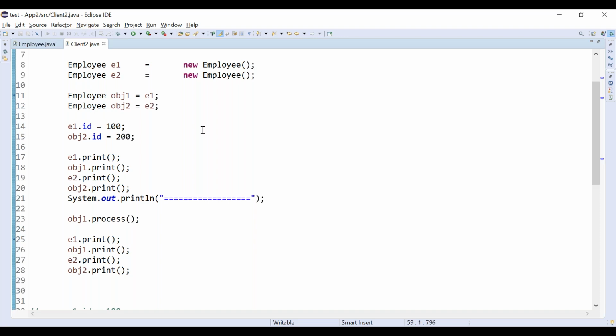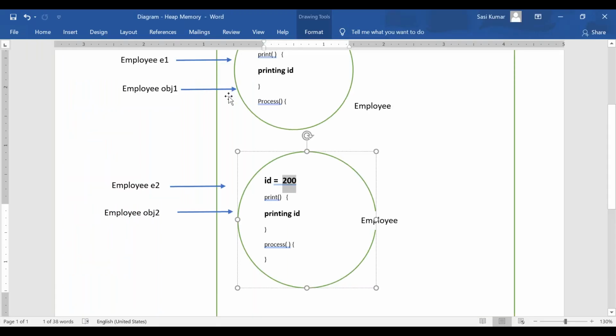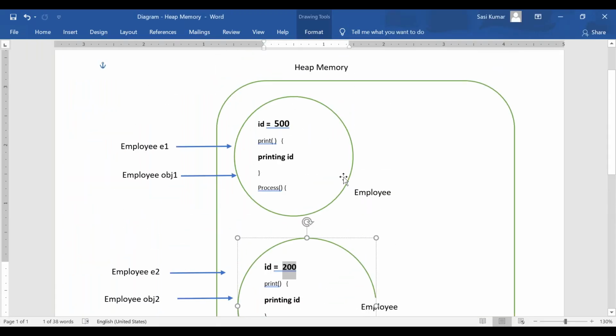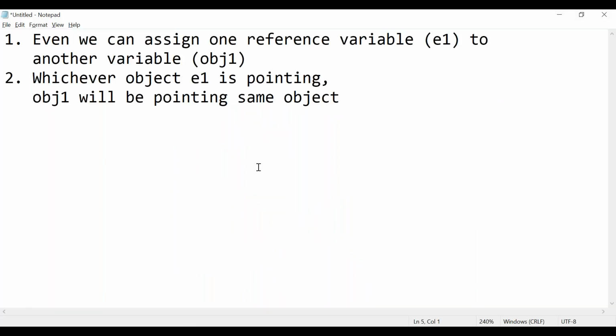So changes are specific to the object, right? Whatever we are changing, changes are specific to the object. It will not affect another object. We can note down this point: changes are specific to the object, not global. If one object is affected, another object will not be modified.